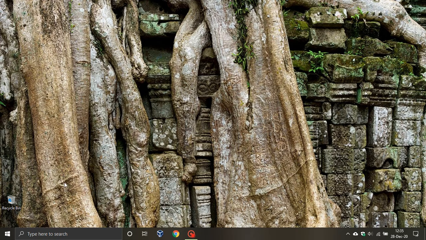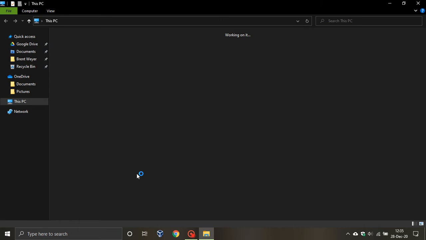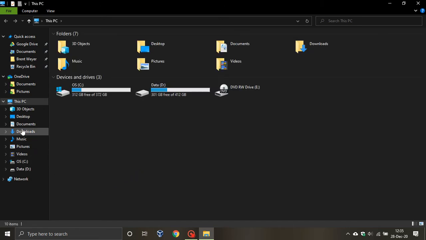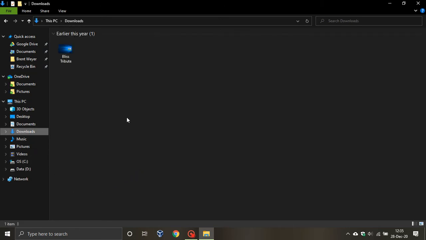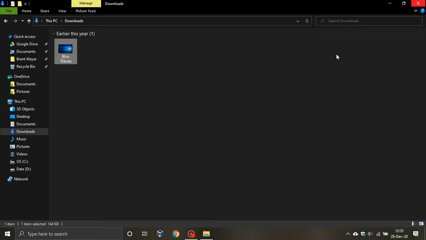And then go to the image or images you want to resize. I'm just going to go to my File Explorer quickly, and I've just put a copy of a wallpaper into my downloads folder. Now there's the image I want to resize. Now all I do is, the moment it is 2880 by 1800. Now if I want to resize that, all I do is I hover over it, I right